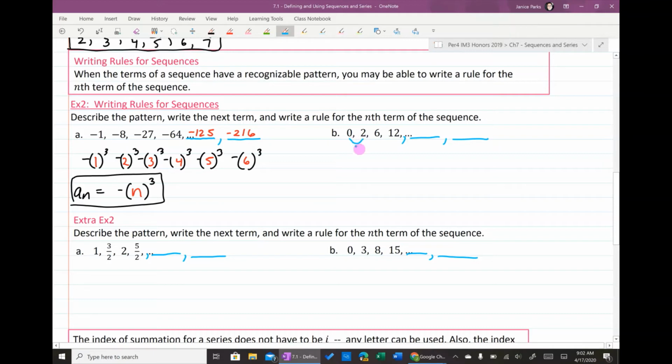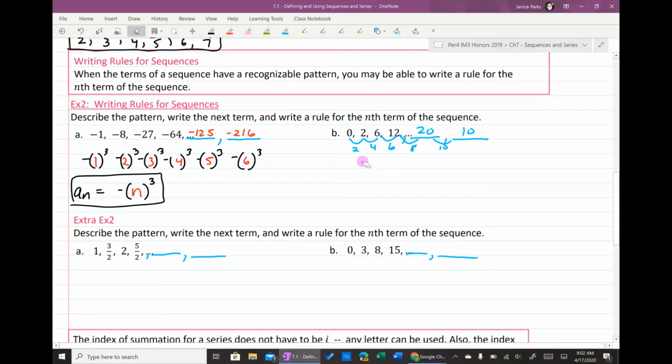This goes, I'm going to add 2, then I'm going to add 4, then add 6, then add 8, which means then I'm going to add 10. That's what's happening if you were just looking at what's going on. They're adding different numbers every time. Okay? Now, if we want to do it in terms of 1, 2, 3, 4, 5, and 6, if those were the numbers we were plugging in,